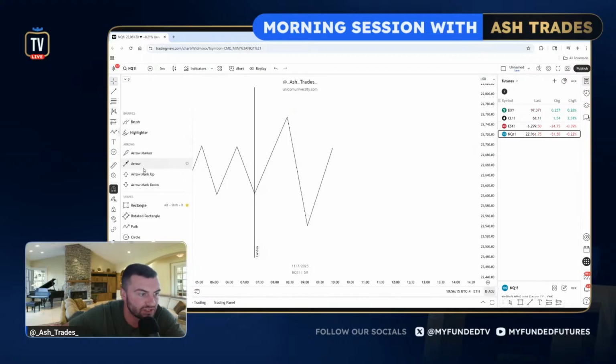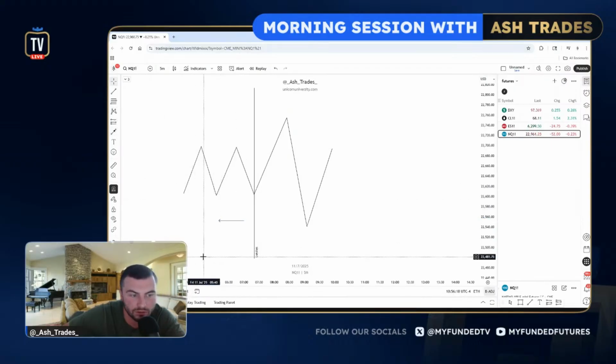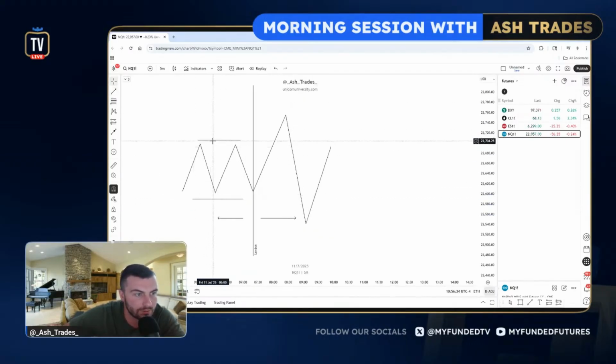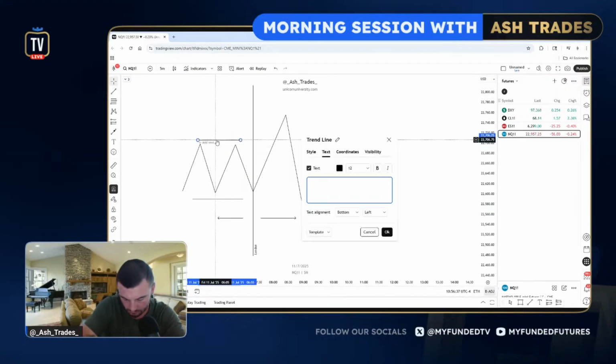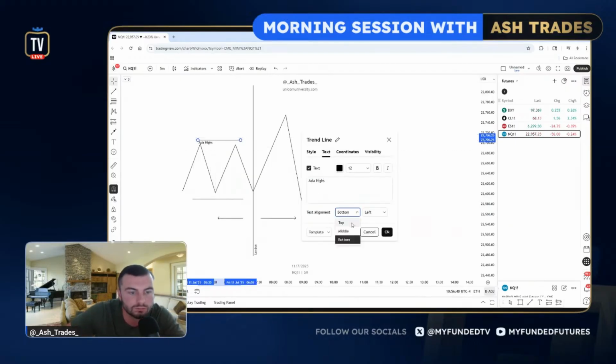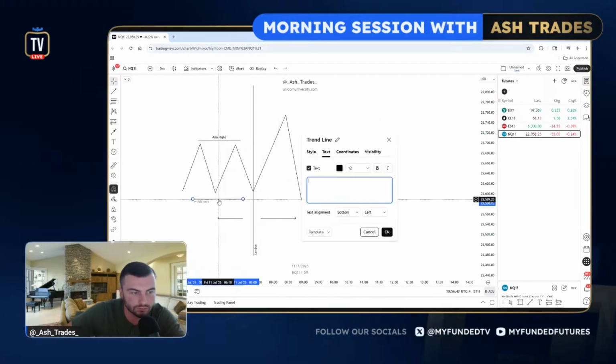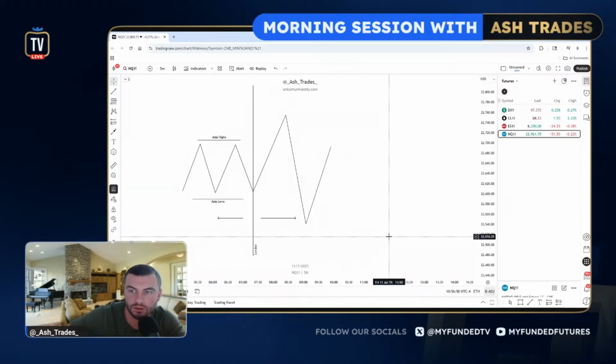So take a look at Asia session and London session, right? I put the line on here to show you that this is the beginning of London session. So over here is Asia session. Over here is London session. Here's Asia session highs, Asia session lows. This is one of the forms of ways that I understand that New York AM session is going to be